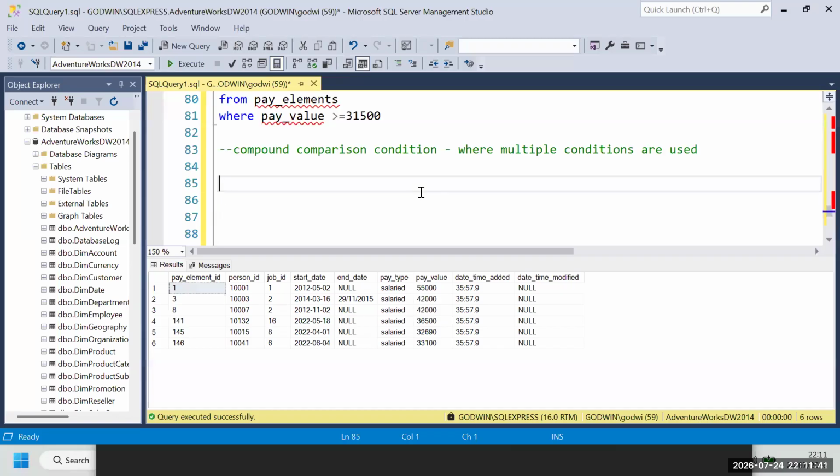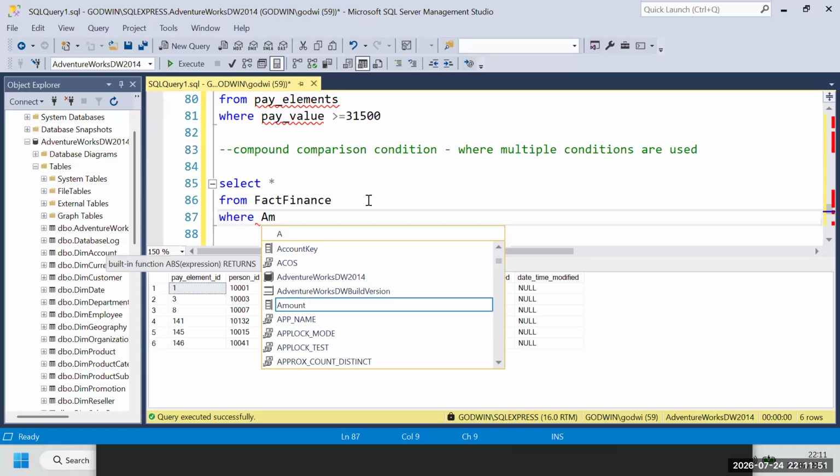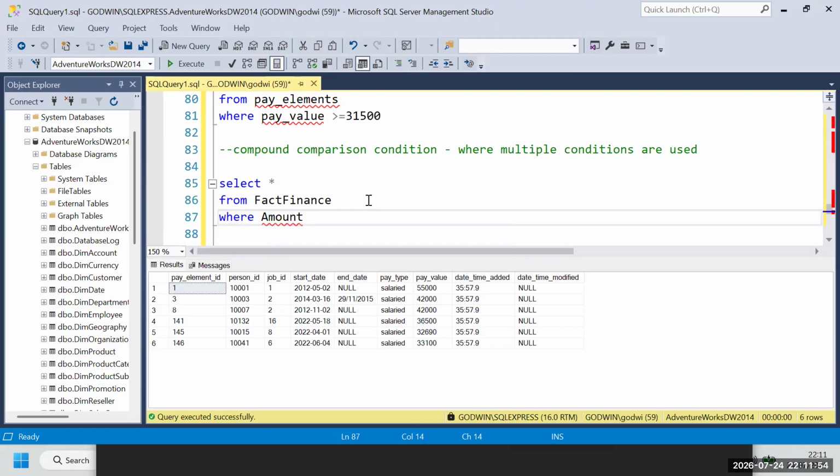We want to select all from Fact Finance where the amount is greater than, let's say, 300,000, 300,805, or